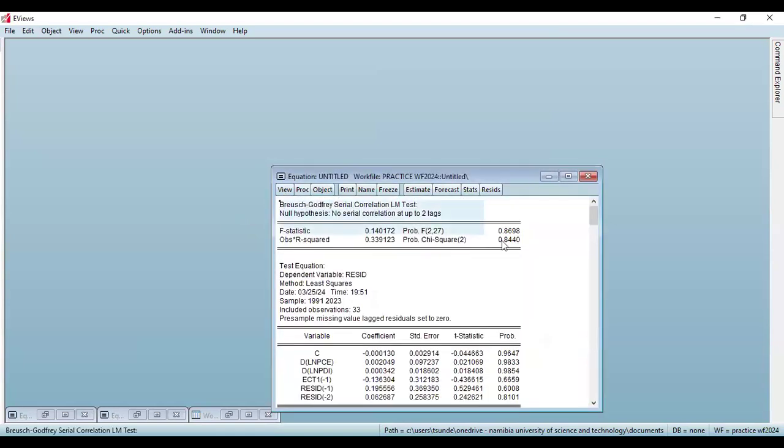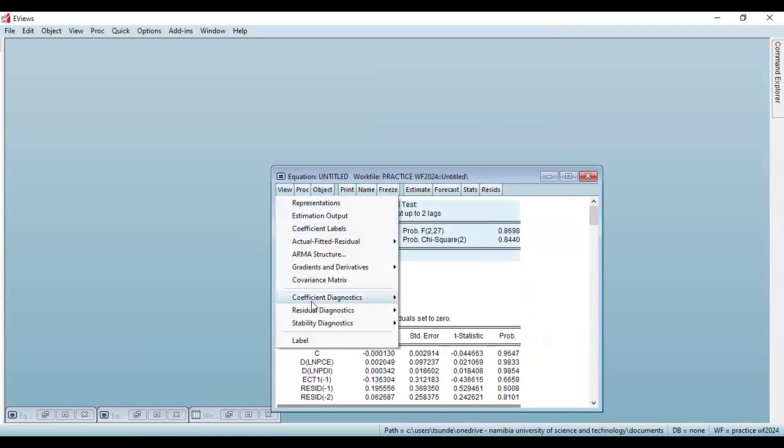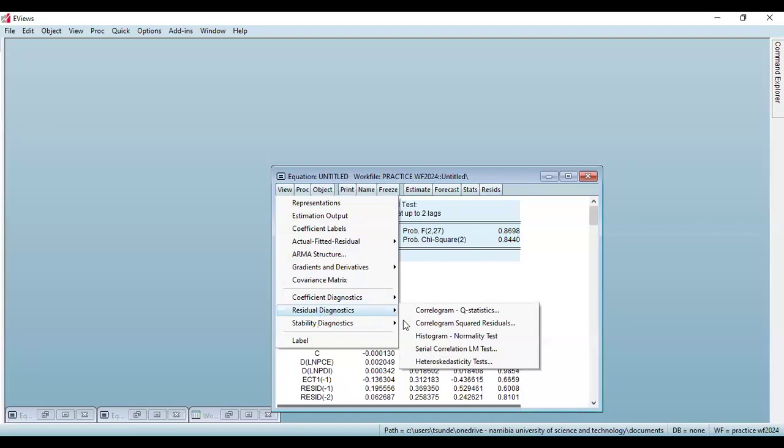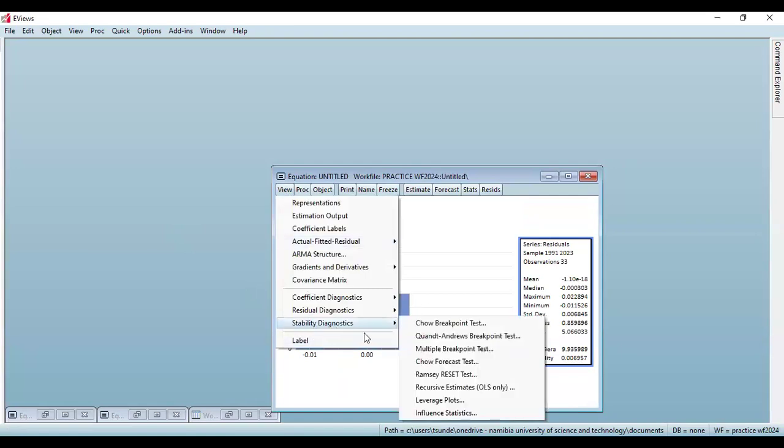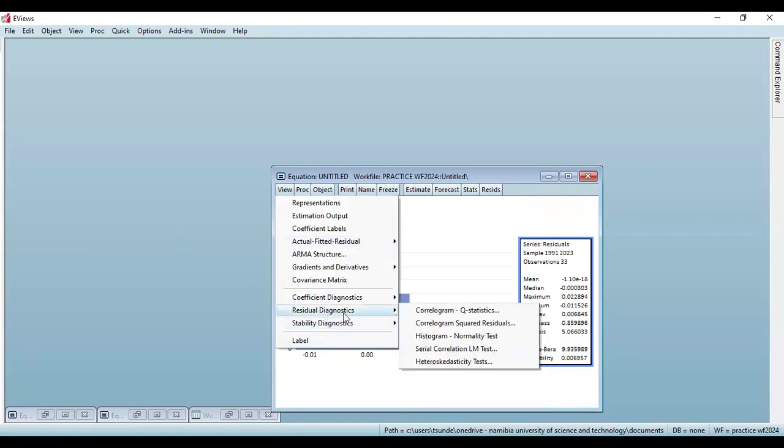It's also showing that there's no autocorrelation. The p-values are greater than 5%. We repeat the test. We do the normality test. It's now 0.06. There's still a normality problem. Yeah, so maybe this is a problem with the data that we have used. There's still a normality problem, which means if we do those other two tests, the